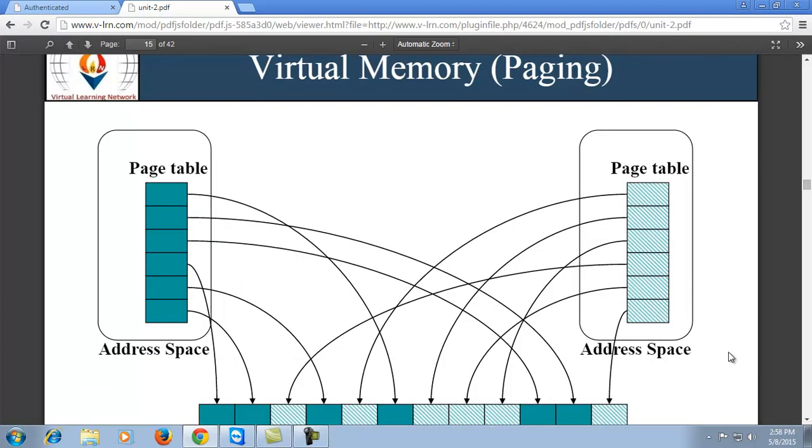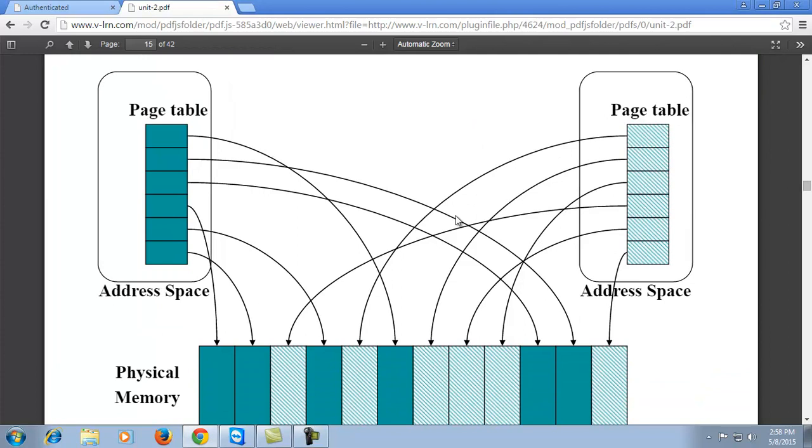This is the virtual memory paging. Inside this, every page table is mapped with the physical address space or physical memory. As we discussed in the previous slide, every page section or every page frame is mapped with the physical address, from where it provides support and from where it is getting access from the memory.